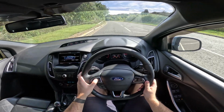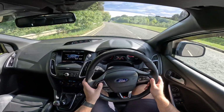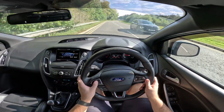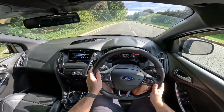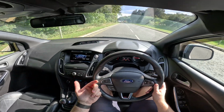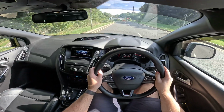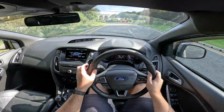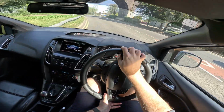Let's reset our trip computer and see what MPG we can get on the motorway. This car's supposed to return over 60 miles per gallon, which is a pretty high figure. If it can do that, that makes it worth it over the petrol. So if you're doing a lot of miles, say a 30 mile each way kind of commute, then this is going to be the one you want to go for, because handling wise so far, oh god, yes,